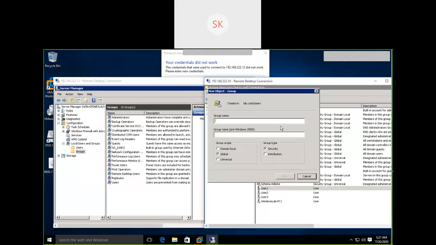My requirement is to provide privileges to certain users. To add all those users to that group, I need a group name. So I'm going to create a group called finance.